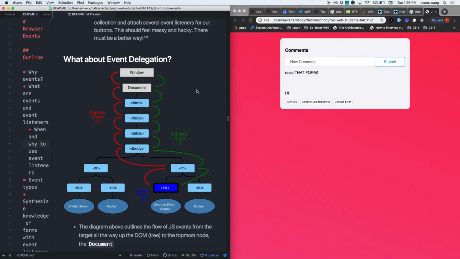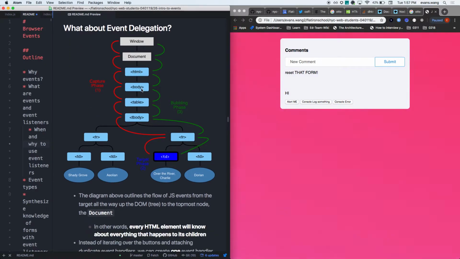Because Chrome's always listening, the way the browser works is this. You have HTML, you have body, you have table, and then you have table bodies, TDs, TBs, TRs. If you're not familiar, no big deal. The idea here is that these are just children. You can think of them as LIs or whatever, like you have a UL here, and then a LI here. So if I click on this child element, this is what really happens. When I click this, the window, the document, goes to the HTML, to the body, to the table body, all the way down to the table row, and it says, hey, you were clicked. And then it sends that message all the way back up to the window. This is a little bit